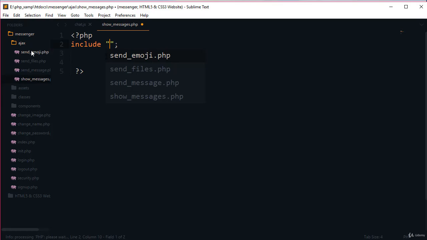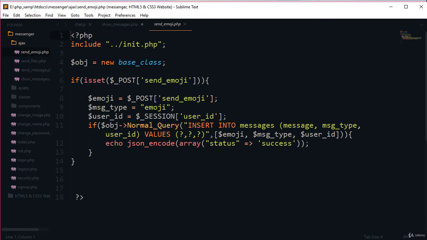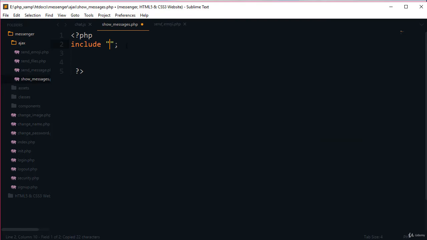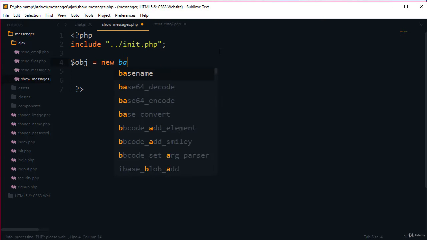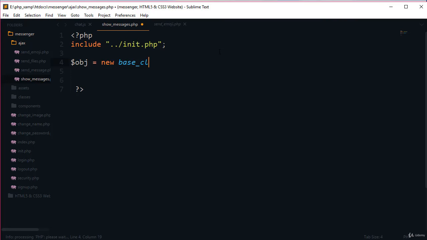Let's go to send emoji, and from here just copy this one. Here include. And now here create the class object, so obj new Base class. So obj is the base class object.